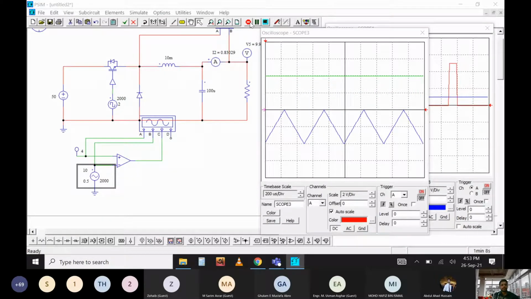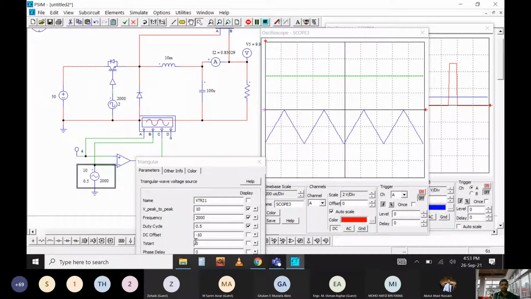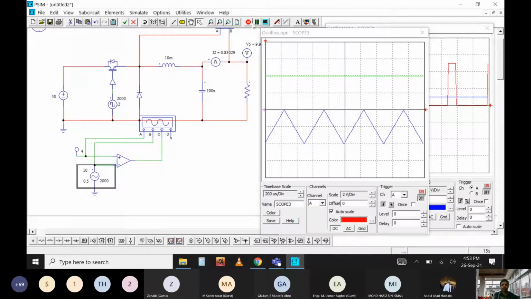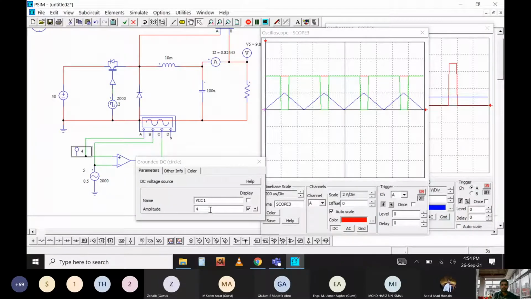So if you shift the level, you will get the sine wave this way. Okay, just a minute.